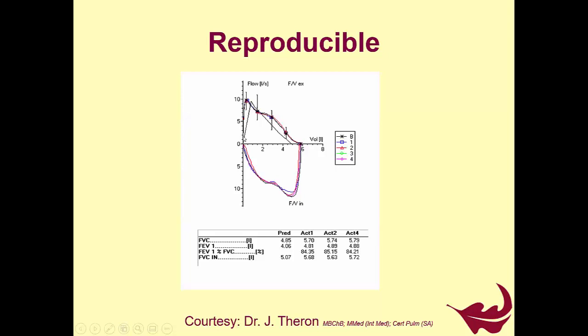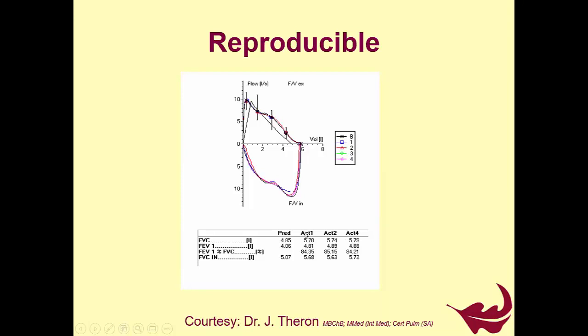Unhesitating start, steep rise. The peak is to the left of 15 to 20% of the forced vital capacity. There are no artifacts on the downward curve, and you can see the plane comes into land. There's a plateau that is reached, and all of these look similar. But what we now need to do is to look at the different acts and look at the 2 largest